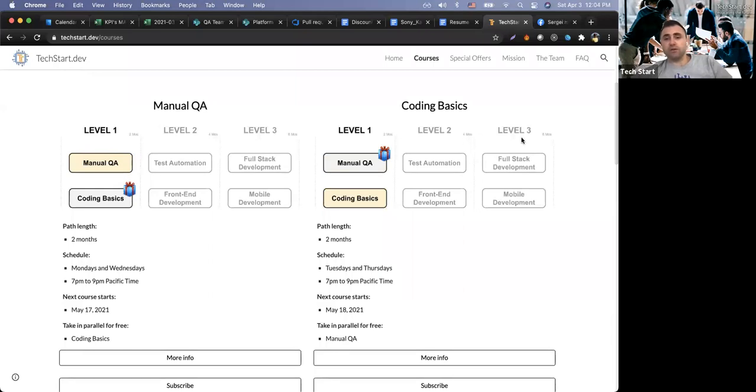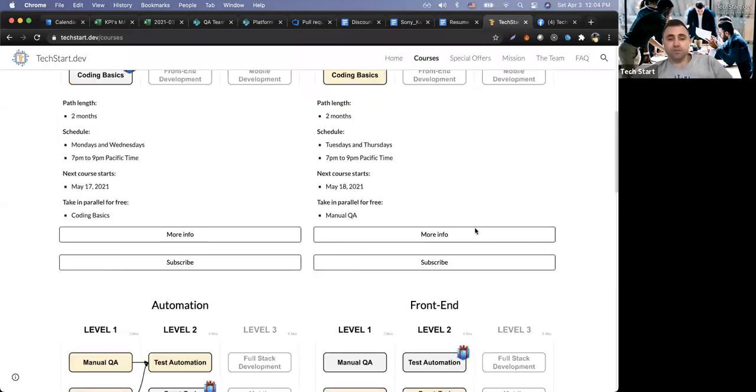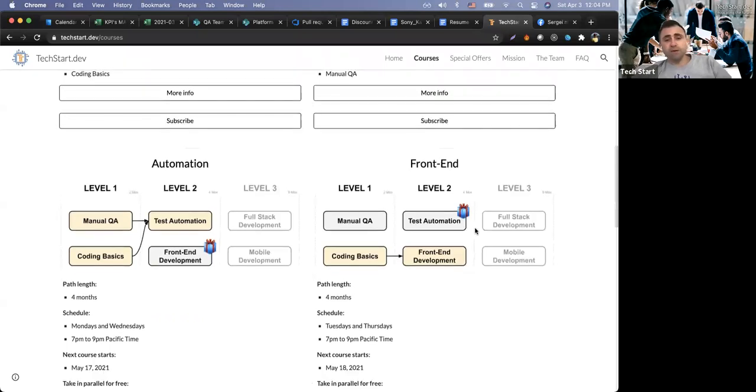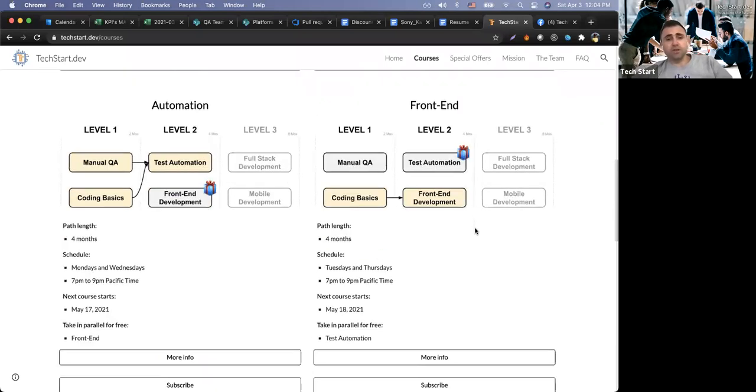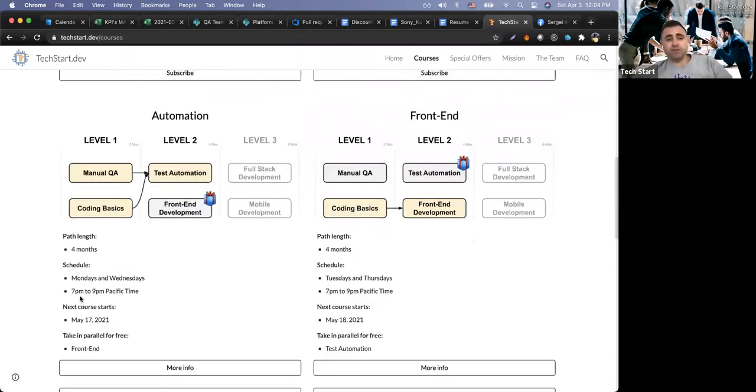Fourth month, both of them. Fifth month, both of them. Sixth month, both of them. You can take one, you can take two. It's up to you. This is how it works. Pretty simple structure, pretty simple approach. If you decide on automation, it will be 4 months for you, manual plus QA basics first